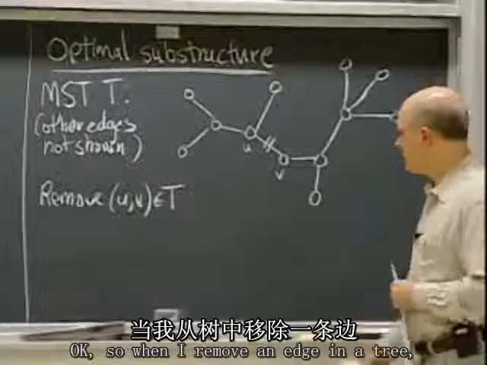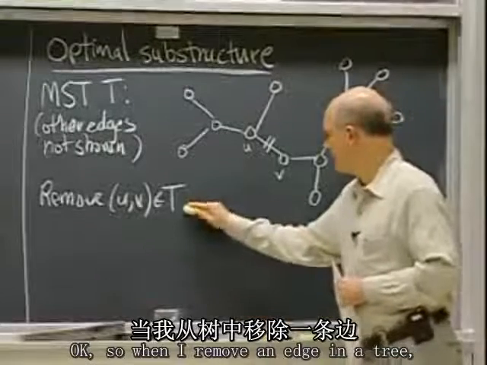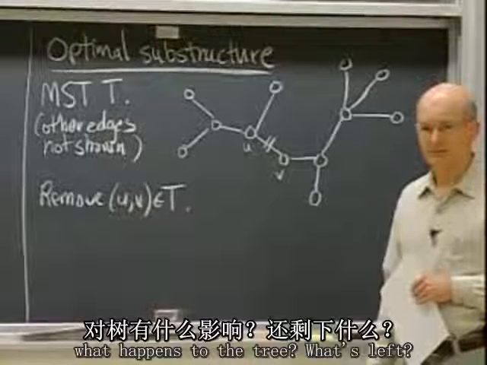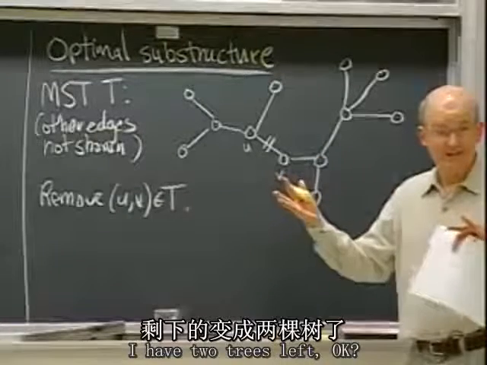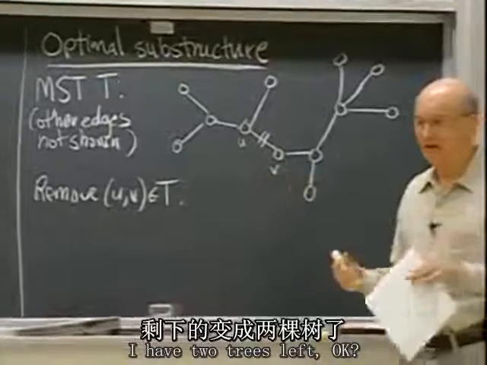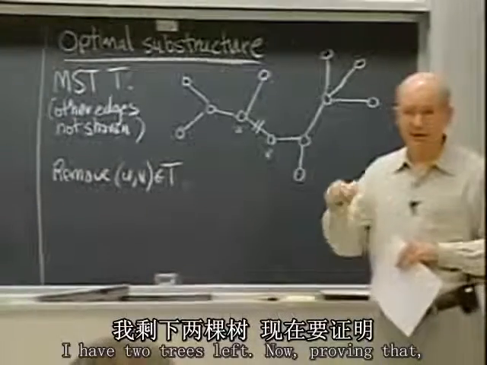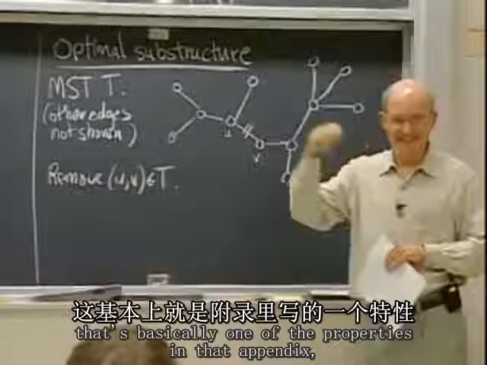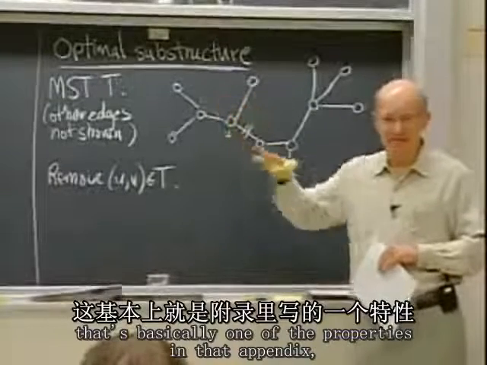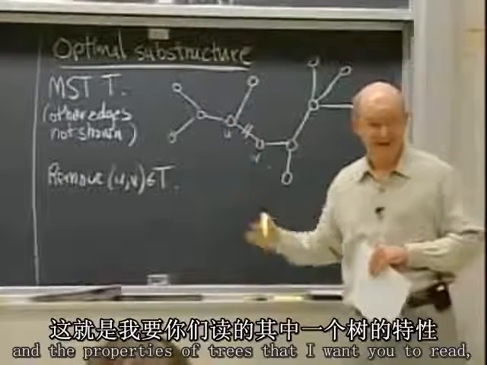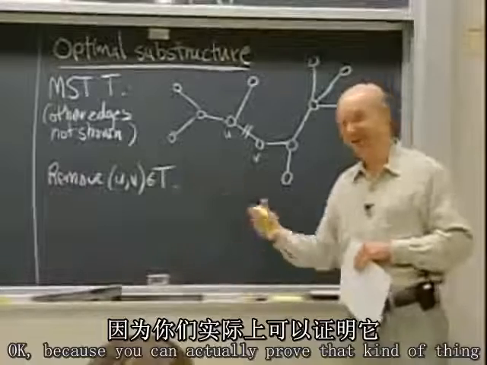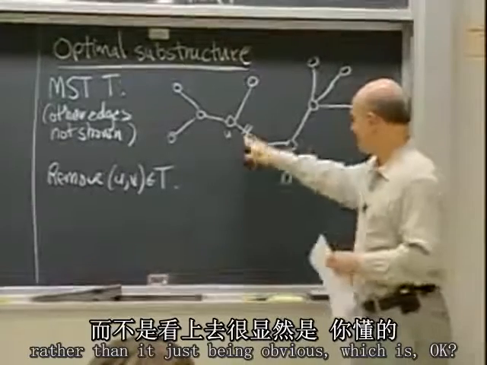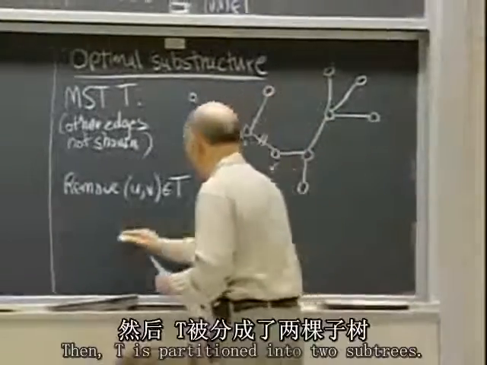Okay? So when I remove an edge in a tree, what happens to the tree? What's left? I have two trees left. Now, proving that, that's basically one of the properties in that appendix and the properties of trees that I want you to read. Because you can actually prove that kind of thing rather than it just being obvious, which it is. Okay, so we remove that, then